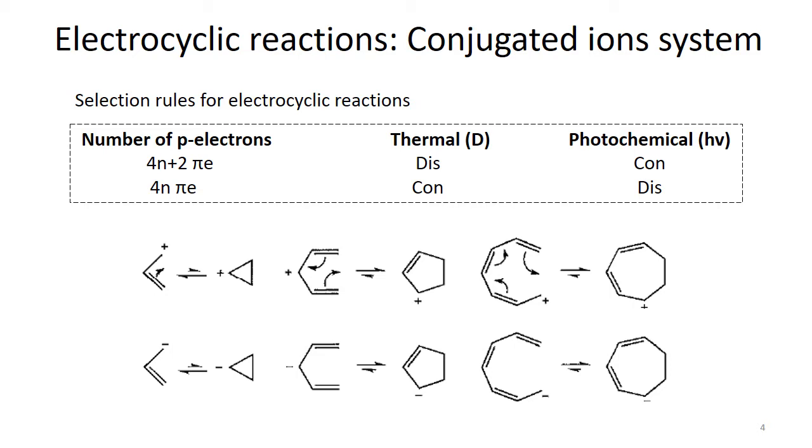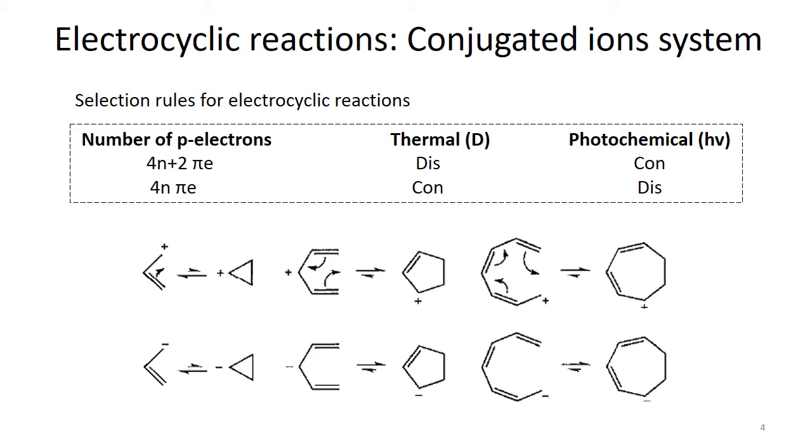So such cations, just like here we have the allyl cation, or you can say propenyl cation. There are 2 electrons, so it shall fall in the category of 4n plus 2 pi electrons. So it falls into the first category, where thermal cyclization of allyl cation results in cyclopropyl cation, but it goes through disrotatory mode. And if we have photochemical conditions here, then it can undergo conrotatory motion, because this one is the 4n plus 2 pi electronic system.